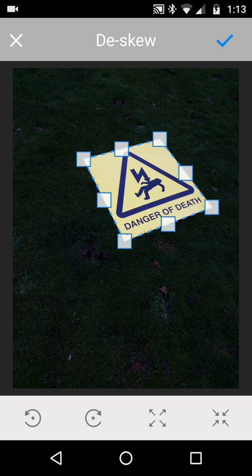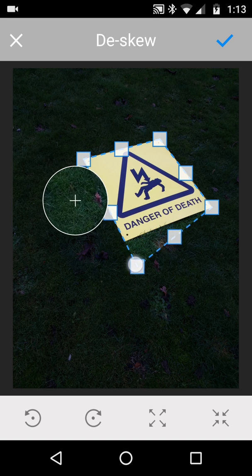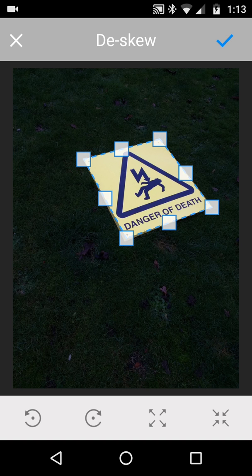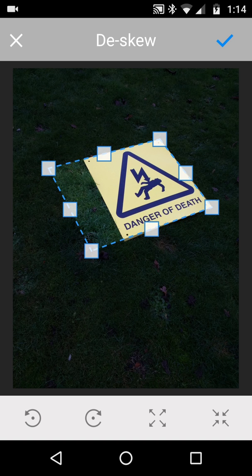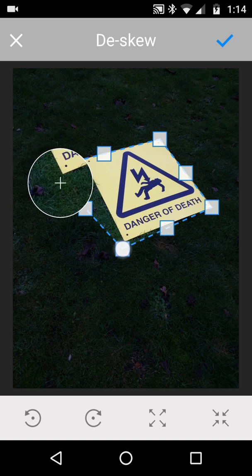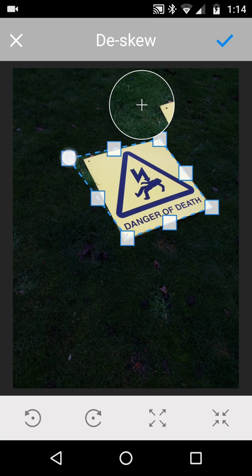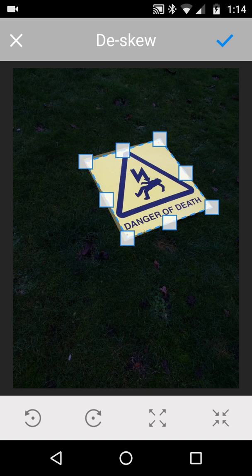I'm going to touch and hold the bottom square and you can see that it's a very good magnifying glass that comes up to really pinpoint exactly where we wish to go. So if I move up and down, you'll see I don't get the magnifying glass, but if I go to a corner I do get the magnifying glass, and I'm just going to bring this one in to the corner, which is about there. Okay, so if we're happy or relatively happy with that, we can click deskew and then